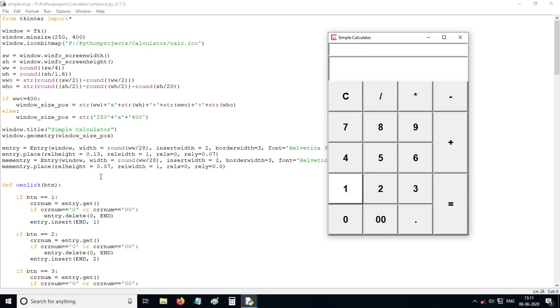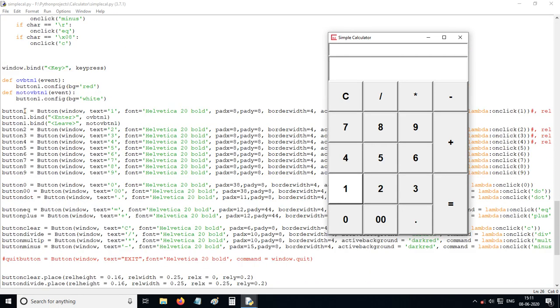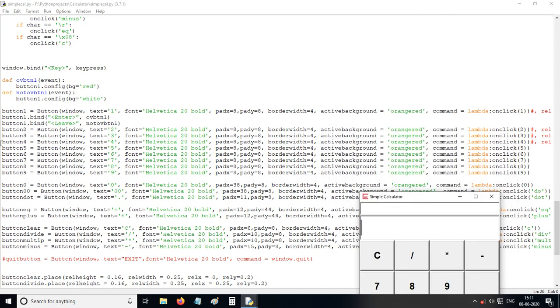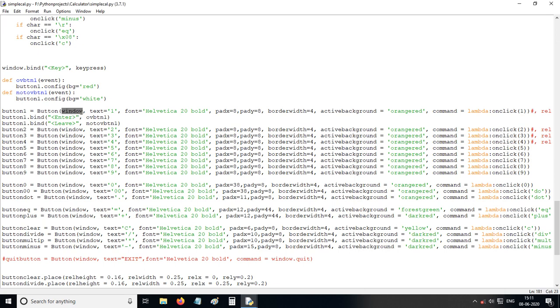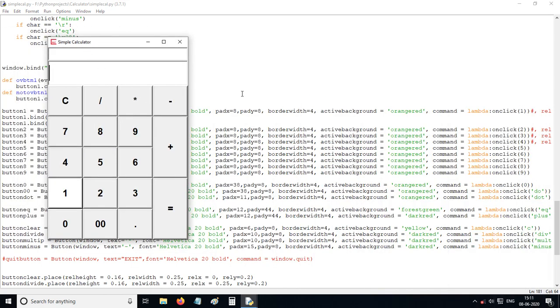Now next, the button number 1, you can see the code. It is placed in the main window, text as 1, font Helvetica, font size and bold, pad x 8, pad y 8, relief square, border width 4, this white and grayish color.